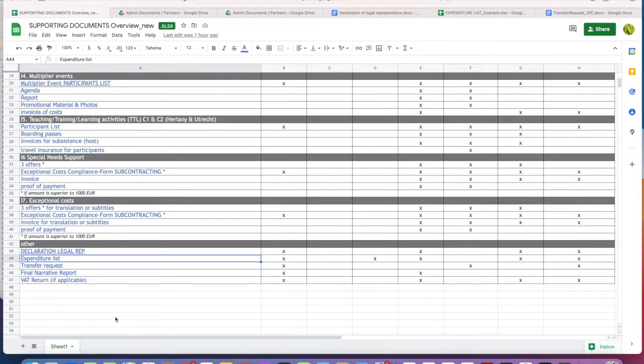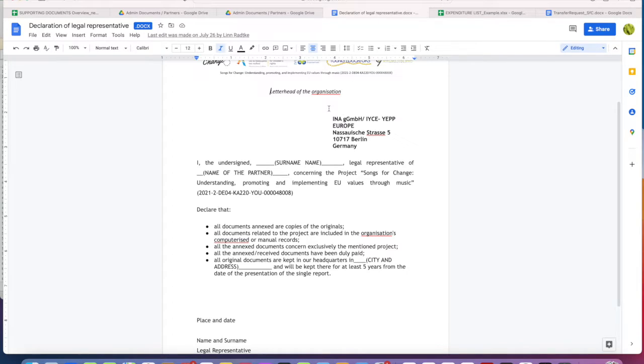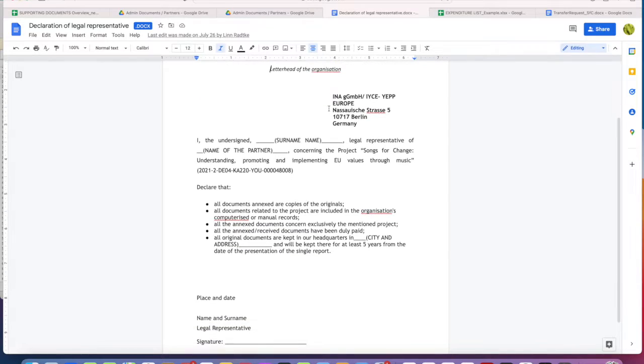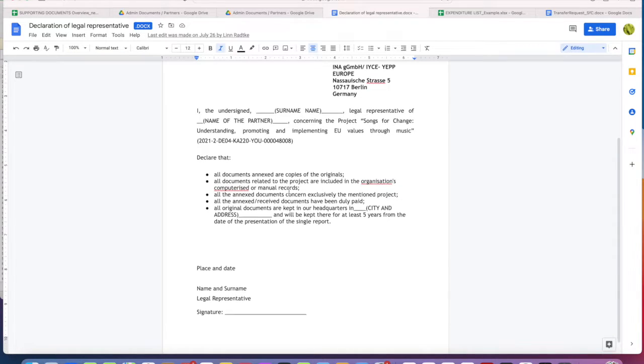All right, and now we come to the last category here, which is not really a category, it's just a list of other important documents to fill in and to hand in. So you have the first one here in the list, the declaration of the legal representative. You have the example here. So you put the letterhead of the organization, and it's the legal representative who fills this in and declares with this document that all the documents are